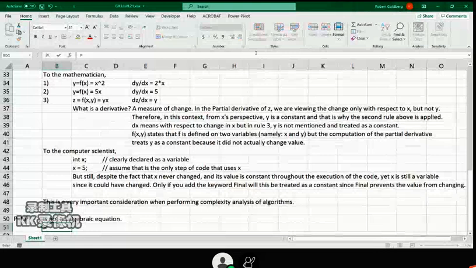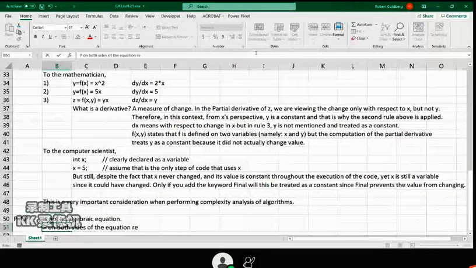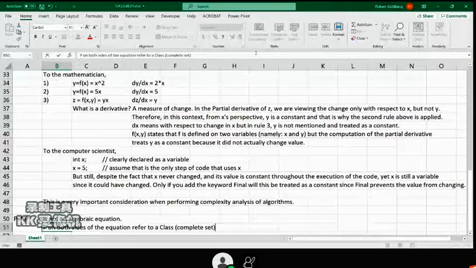But if you just look at the P itself, the P on both sides of the equation refers to a class of algorithms. It's a fancy word. Class just means a set, but it means a complete set. It means everybody, not just an arbitrary set. A class has a little more involved, but that's not important. For our purposes, that's what it means. It's called a class, a class of algorithms